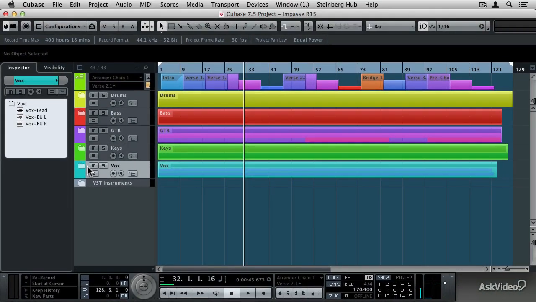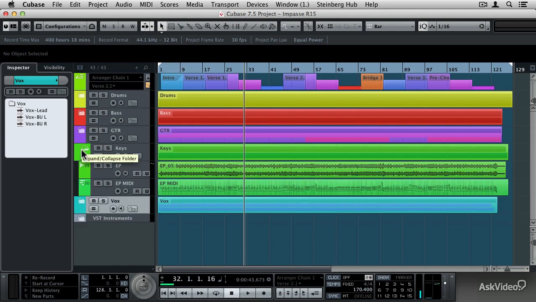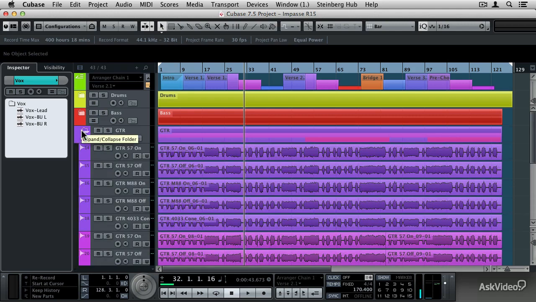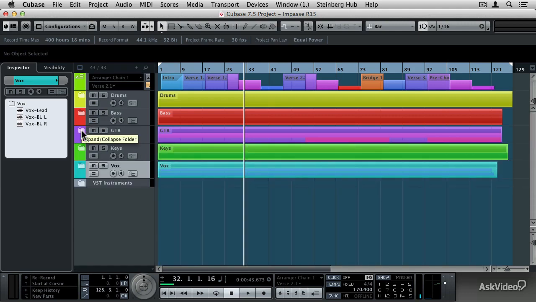the folder up. Now look at the project window. I can see all of the components of all of those tracks that are packed into the folders. So now I don't have to worry about looking at all the tracks when I'm editing or mixing. Instead, I can just open up the folder to reveal the tracks and the events that are contained within. So by using folder tracks, it really helps to clean up your project window. But again, it doesn't do anything in the